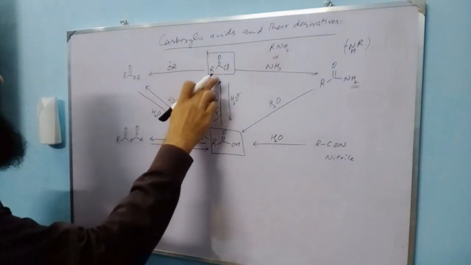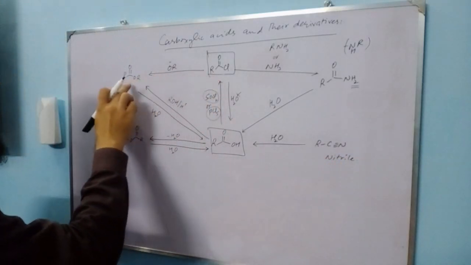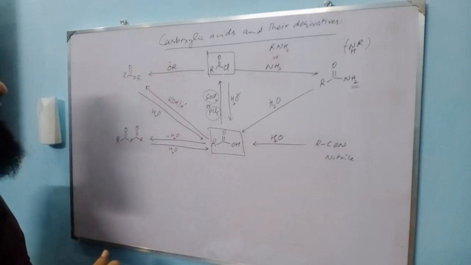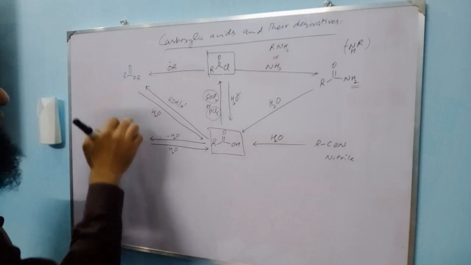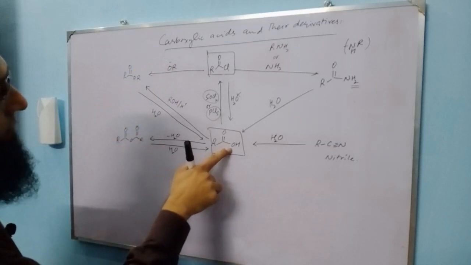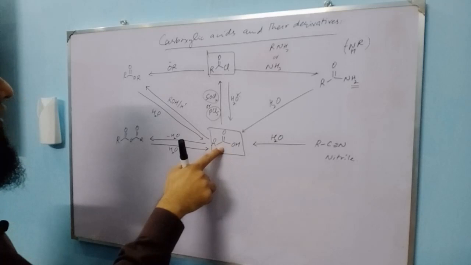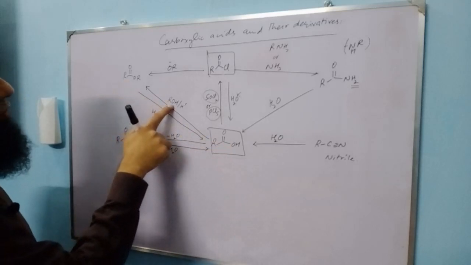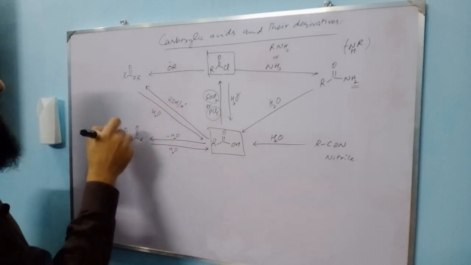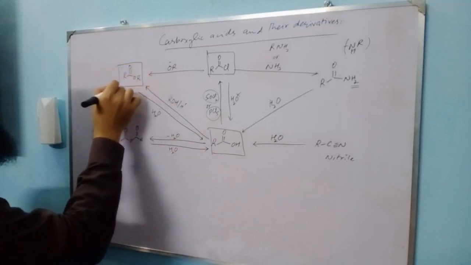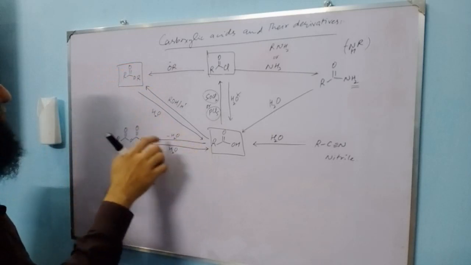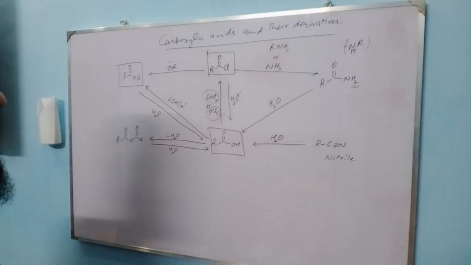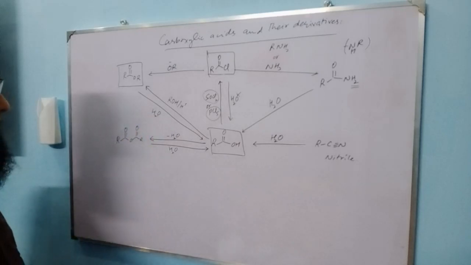Moreover, this acid chloride can be converted into the corresponding ester using alkoxide, OR negative, and this ester can also be prepared from the esterification of carboxylic acid. So a common method for the preparation of ester is alcohol in the presence of acid, and this ester can also be converted back to the corresponding acid using again hydrolysis. It can be base promoted hydrolysis or acid catalyzed hydrolysis.